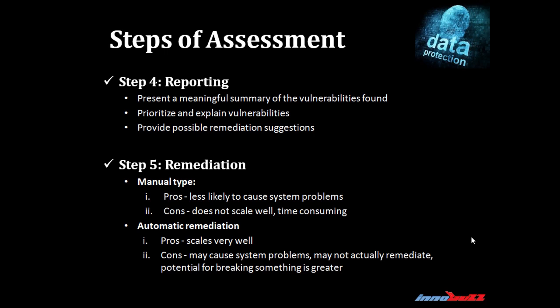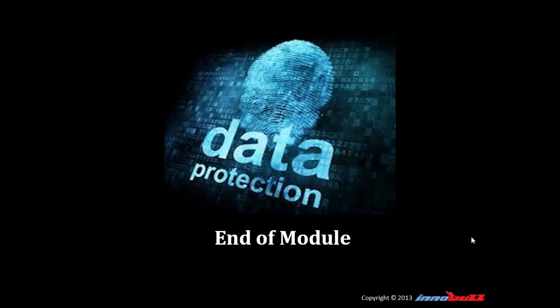Without proper remediation advice, a vulnerability assessment process remains incomplete, and hence the final step is to employ remediation measures in order to address those issues. The actions consist of two types, automatic and manual remediation, which have their own shares of pros and cons. It is recommended that a mix of both techniques should be employed. So that is all for the vulnerability assessment and penetration testing process. Next are some demonstrations which shall illustrate the aforementioned processes.